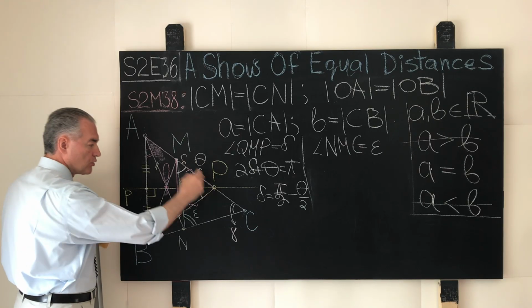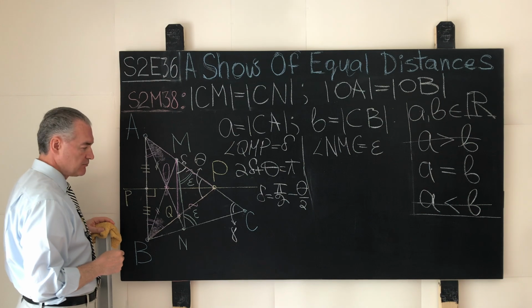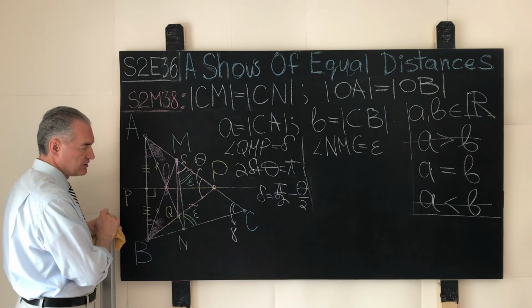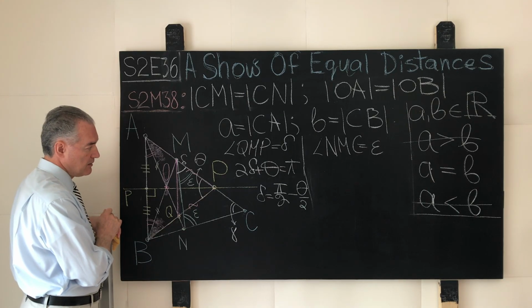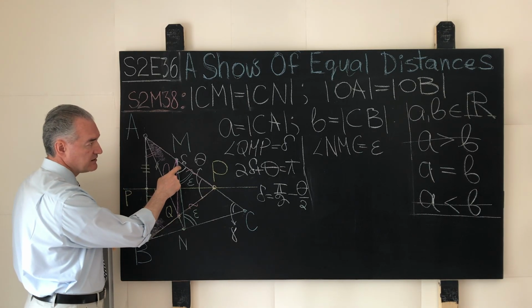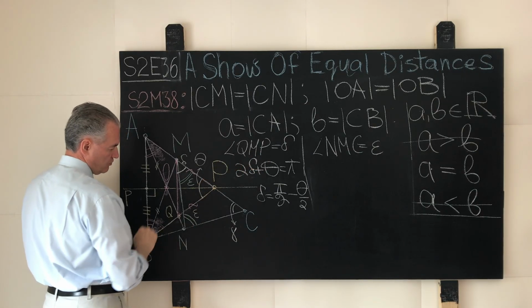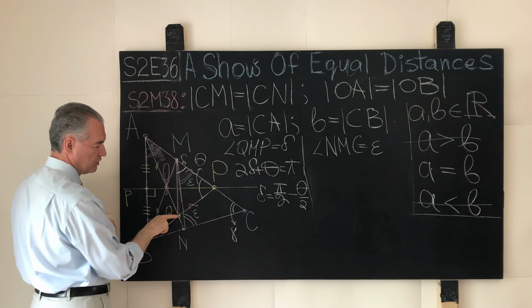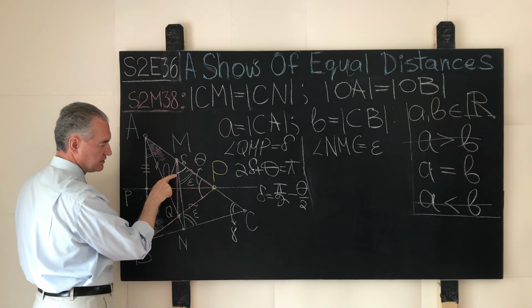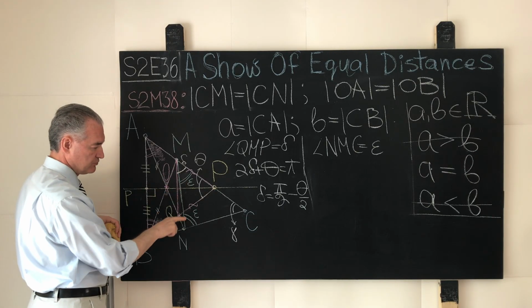And on my diagram over here, because I did everything by hand and by eye, this looks a little silly, but you should be able to see that the magnitude of the angle delta, remember the delta over here designates the angle QMP, is larger actually than the angle epsilon, which is the angle